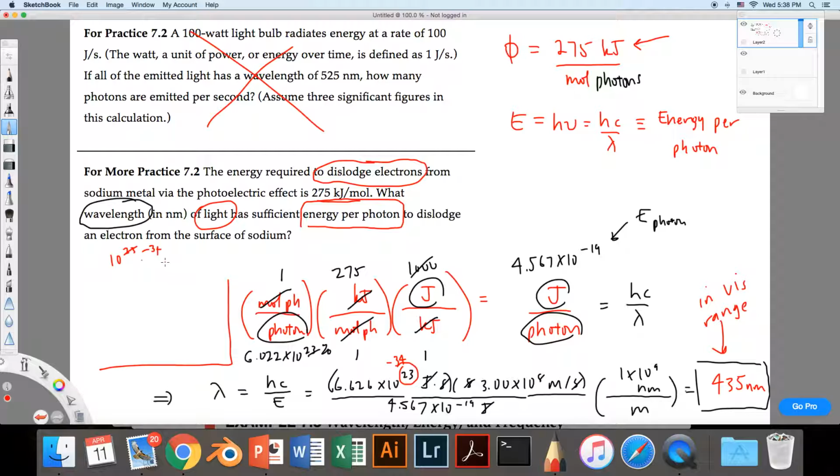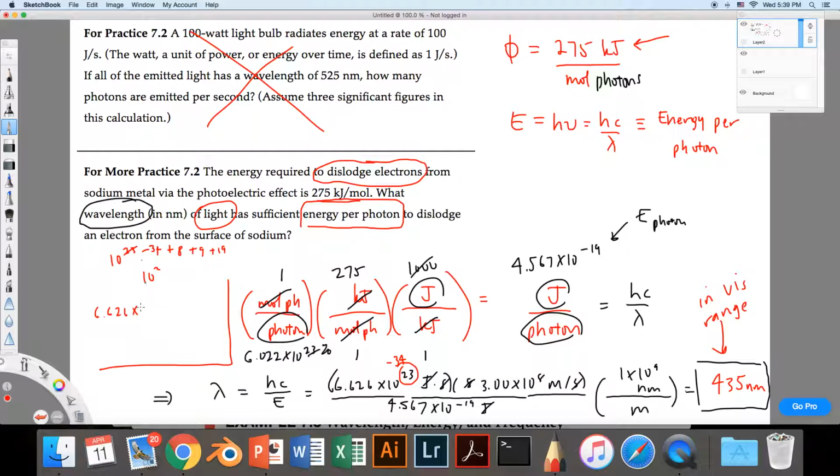Minus 34. Plus 8, plus 9. And then plus 19 is on the bottom, right? So it's going to be 10. I can't do that in my head. 17 plus 19. What's 17 plus 19? 36? Yeah, this is going to be 10 to the 2. Okay? So this is going to be